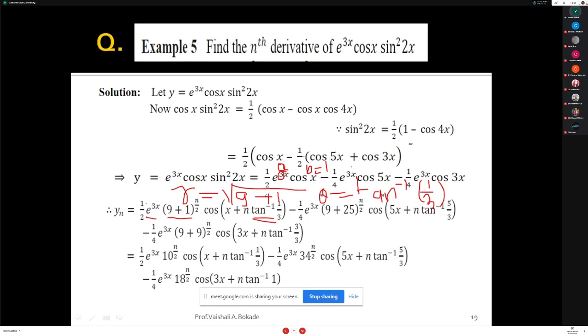Yes. So whenever I'm having first term as e raised to 3x into cos, at that time we are applying simply that same formula. E raised to x, r raised to n, r is nothing but root of 3 square plus 1 square raised to n, that is it becomes root 10 raised to n. Cos of x remains as it is plus n phi. Phi is nothing but tan inverse of 1 by 3.